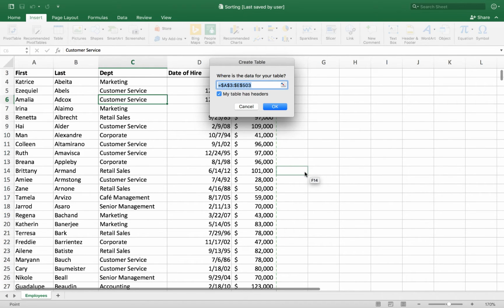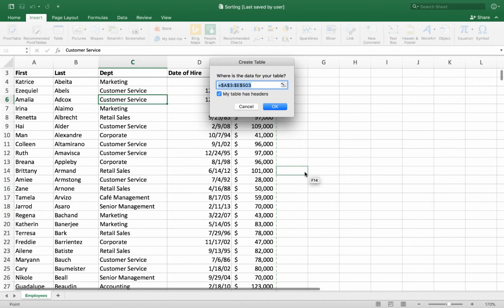So did you have a question or comment? Is there a way to select all of them at the same time? Select all of what? All the data points, because I don't want to scroll all the way down all the names. Well, in this case, based on my cursor position, it guessed where everything was. So it's guessing all the way down to row 500. So hold that thought, though. You want a way to highlight all the data? Yeah. Okay, so hold that thought for a minute. Actually, let's talk about that for a minute.